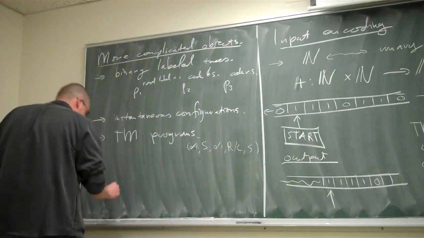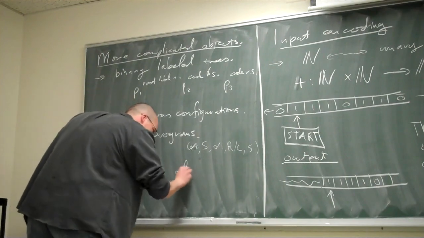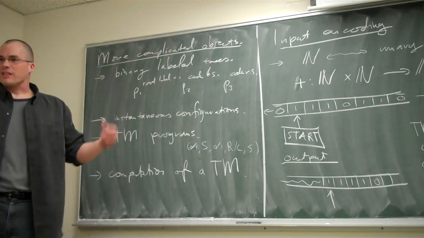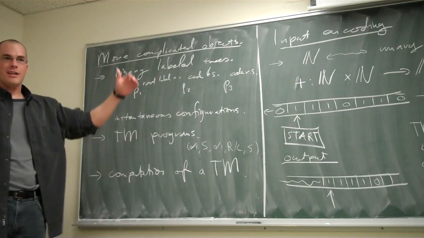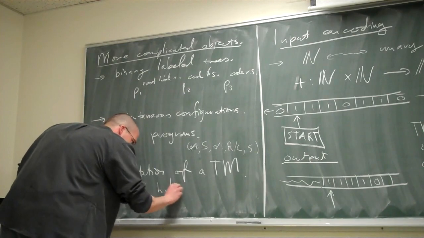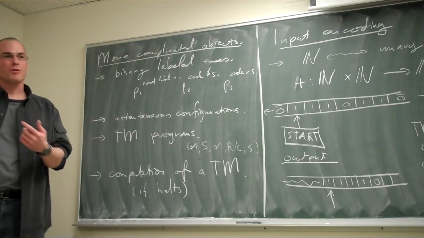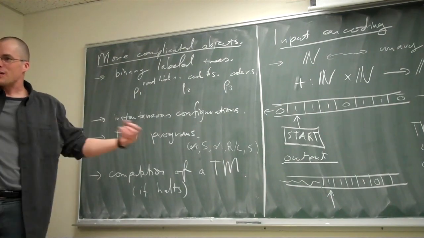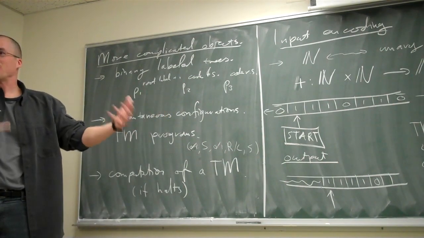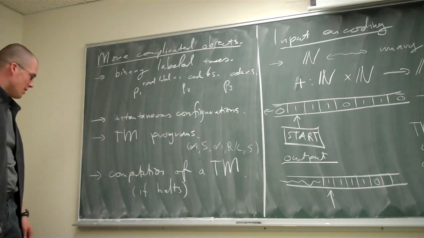Okay, another nice one, a computation of a Turing machine, right? Because what is a computation of a Turing machine? It is, well, if it holds. If a Turing machine does not hold, then it just keeps running forever, going from one state to the other, and then the whole sequence of states is an infinite collection of information which cannot be encoded into a natural number in any sort of reasonable way. So if it holds, then you should be able to assume this.